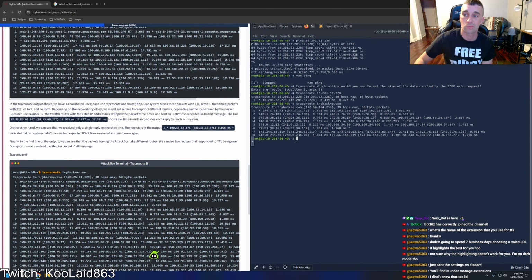In the traceroute output above, we have 14 numbered lines. Each line represents one router hop. Our system sends 3 packets with TTL set to 1, then 3